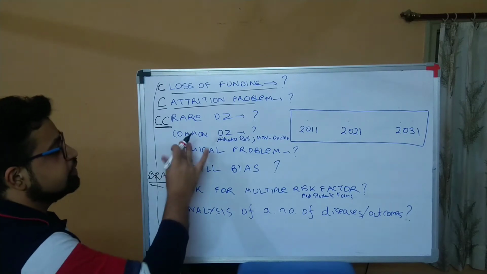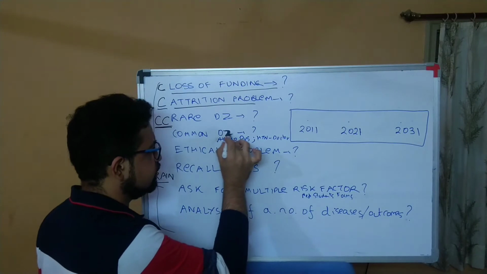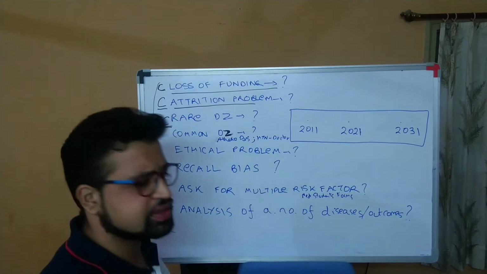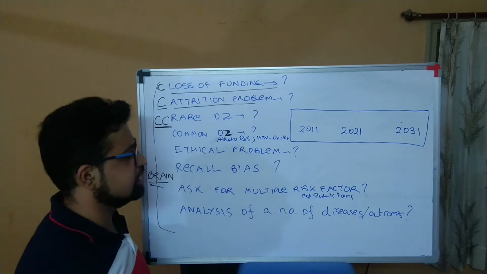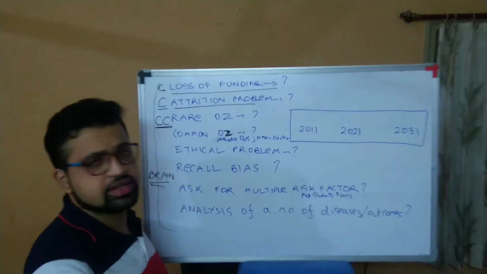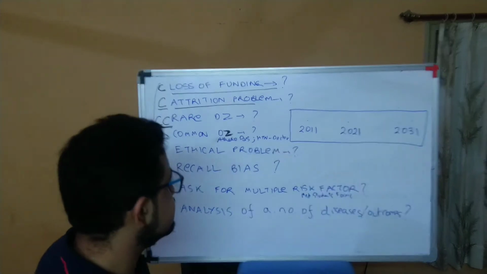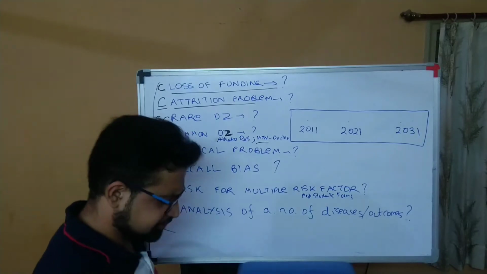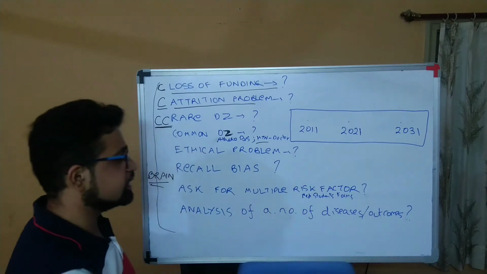Now, what will you do if you want to study a common disease? Just imagine you are the clinician and you want to study a common disease like hypertension, diabetes, dyslipidemia. They are commonly occurring, so you don't have to put special effort. Let's suppose you select 100 doctors in a study, in a stressful branch. At least 30, 40, I don't know the exact stats, some of them would definitely be getting hypertension. It's a common disease, so definitely you will be getting some patients and you can compare them, right?